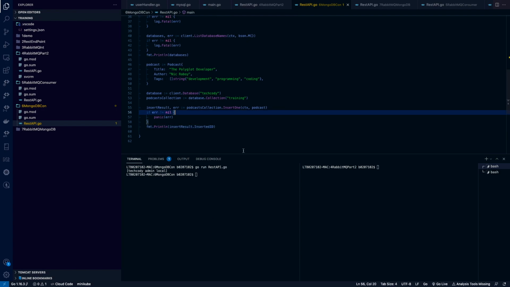So now this much is done. Let's run this code and see whether it is working or not. So we executed the code, and yes, it is giving the list of databases, and it has successfully inserted the record and returned the object ID. So let's copy that object ID, or let's see, it's 5816.